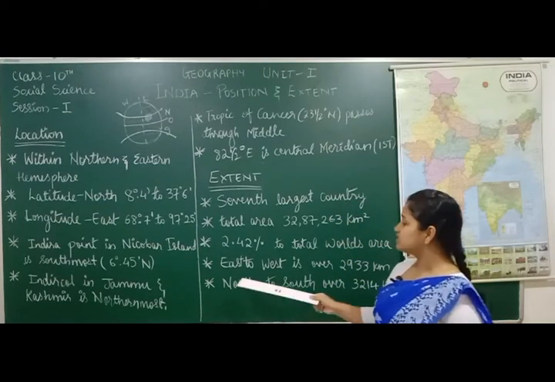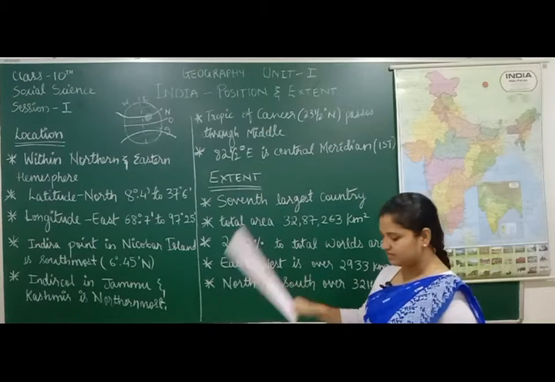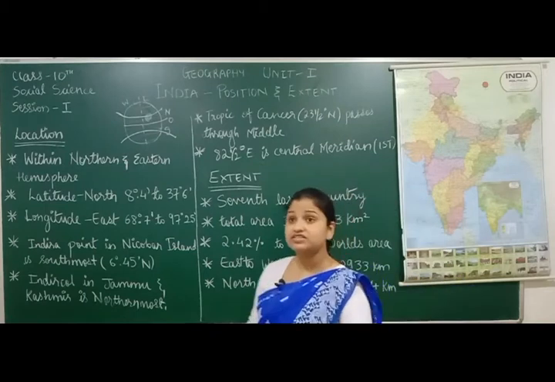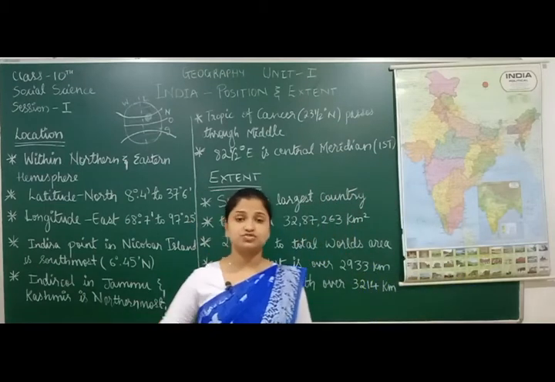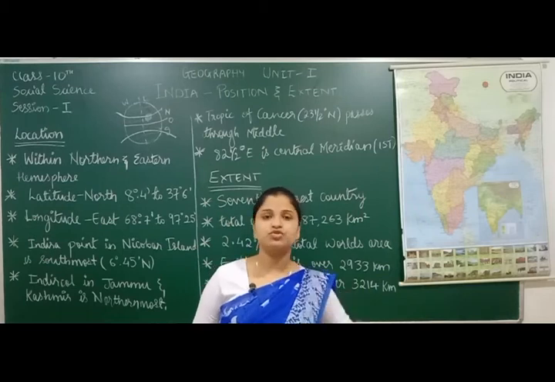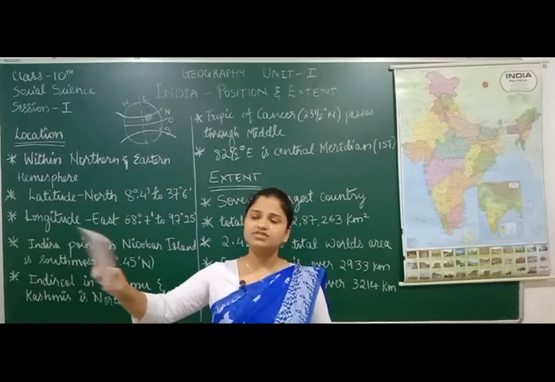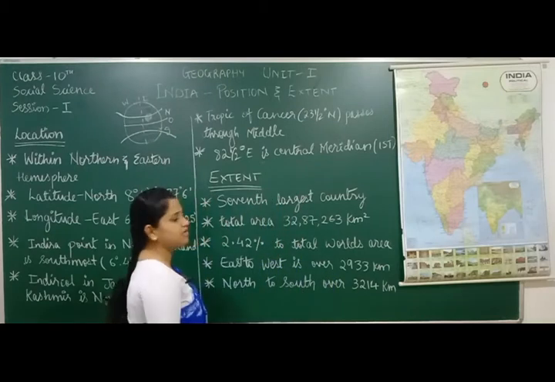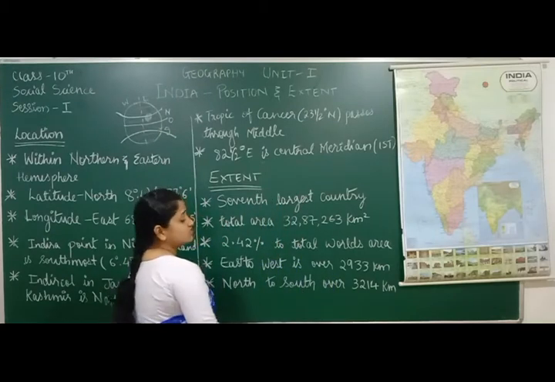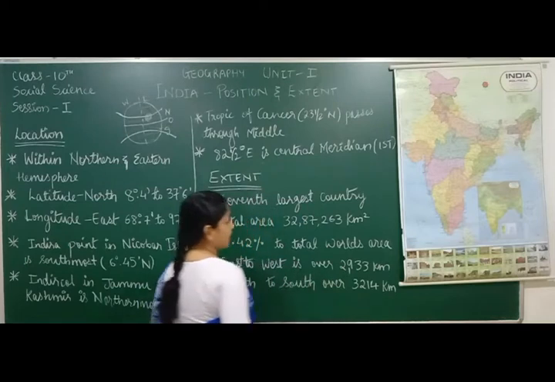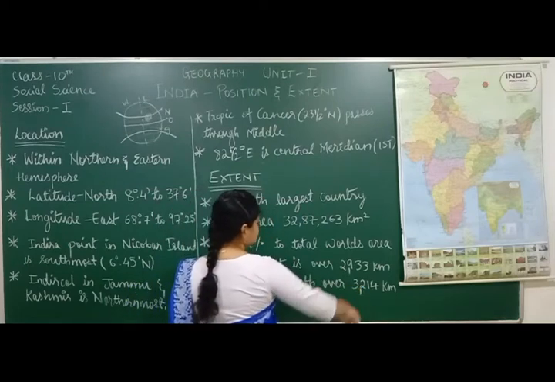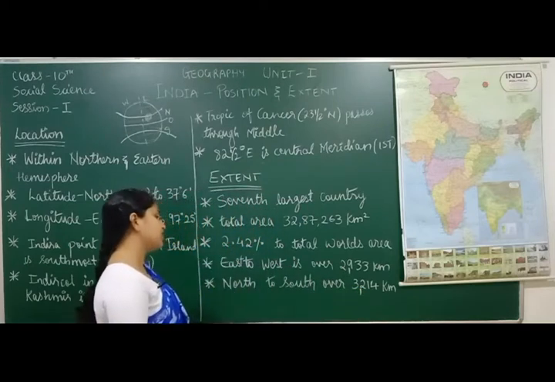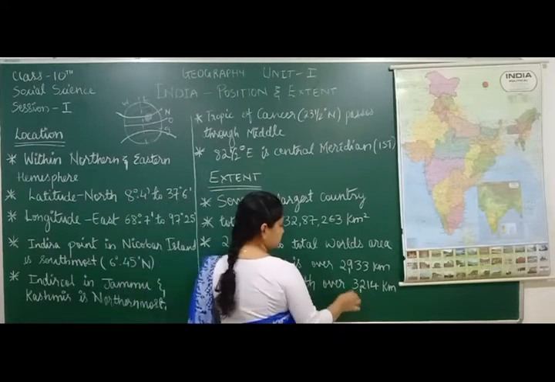Also, we're going to learn how many kilometers it is from east to west. Suppose you want to travel from east to west by road, going directly east to west, not going anywhere else. The distance will be 2,933 kilometers. This is the comma that I have drawn, please don't think it's a one.